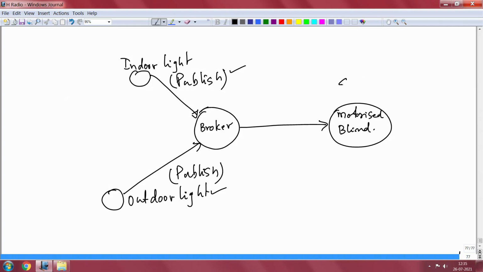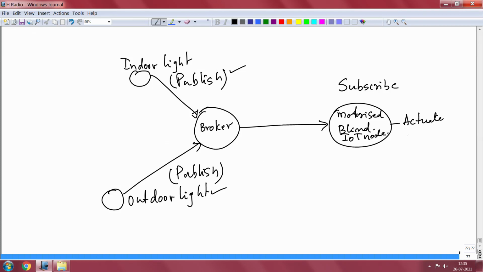The motorized blind IoT node is a good subscriber. It gets this information and then it knows what to actuate.